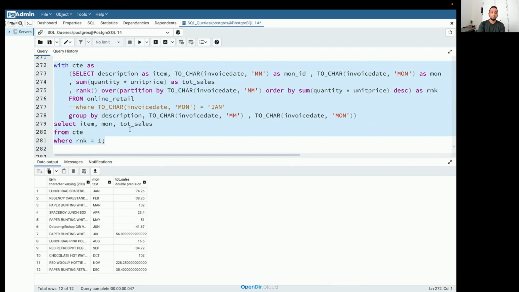So what we did was we used both the month ID and the month name. The sorting was done based on the month ID, because in my partition by I used this month ID. But when displaying in my outer query, I use the month name. So this is an alternate way, but I'll try to see if there is a straightforward function which can directly sort the month value. Maybe I'll get back to you on that.